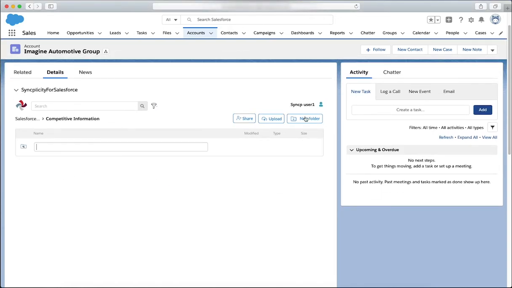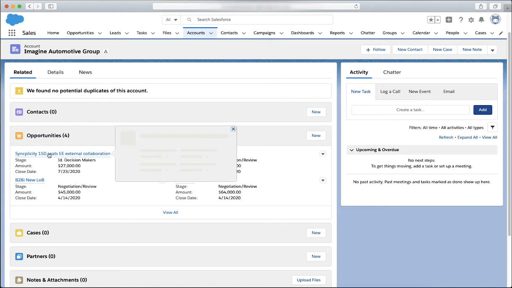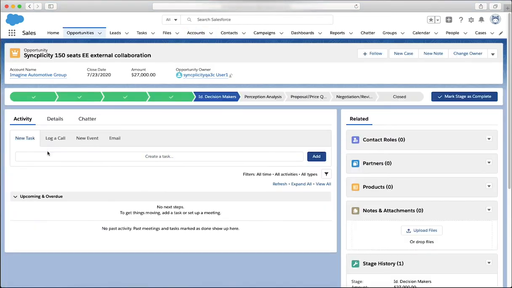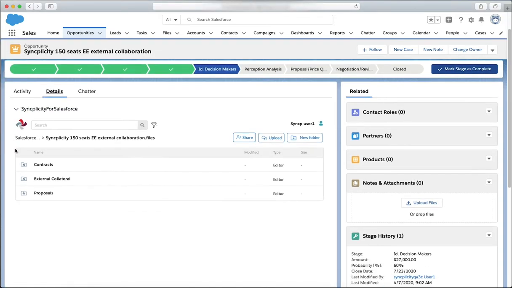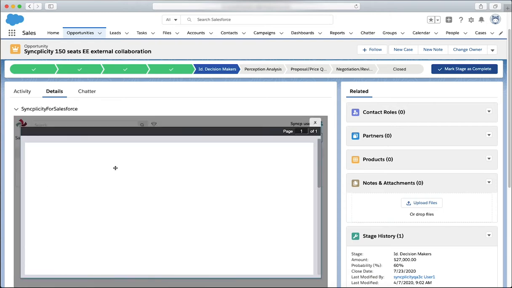Looking inside of competitive information, I'll add a folder for 2020 competitive. Going back to the Related tab, I'll navigate to an opportunity and once again click on Details to see Syncplicity. I need to share a file with my customer, so I navigate to our folder External Collateral. After going into the folder, Syncplicity allows me to view the file I want to share without needing to download